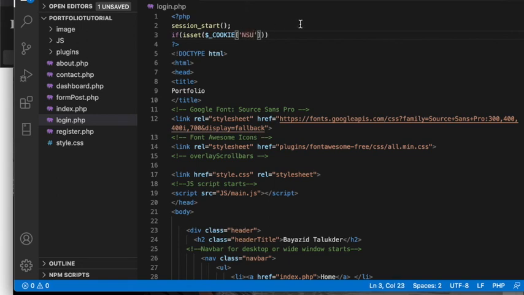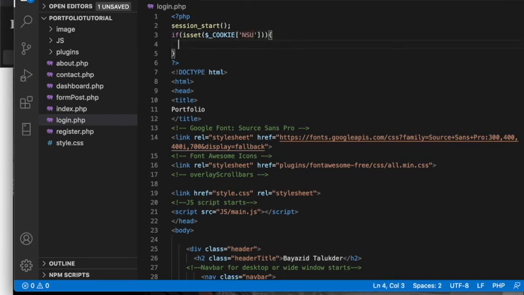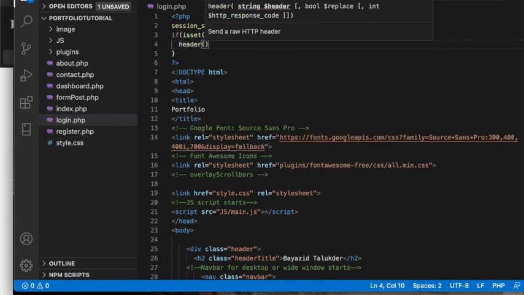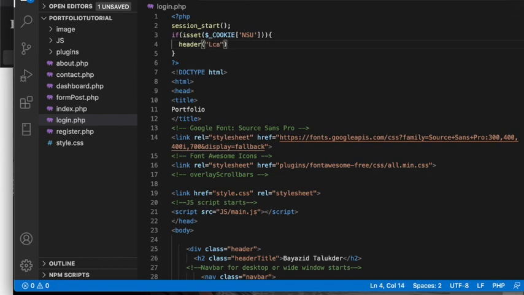So if it's set cookie NSU, what it will do is redirect to, if it is true, the dashboard, dashboard.php. So it will redirect to the dashboard.php. So now if I go back